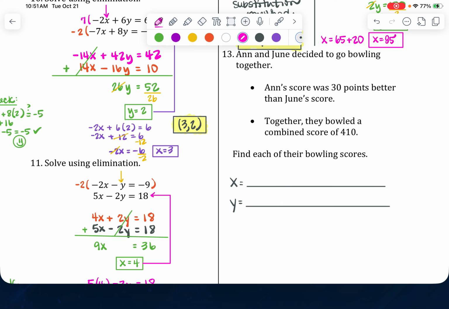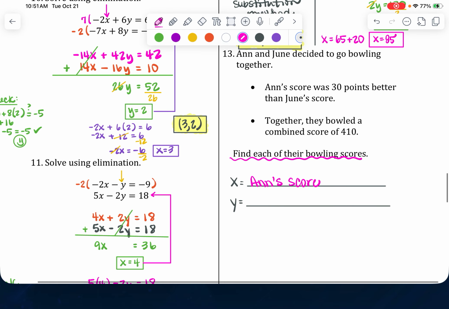And I know that comes from the question, or the statement in this case, right? They want me to find bowling scores. Okay, so I'm just going to say X is Anne's bowling score and Y is June's score. Again, these are not dependent on each other, so X and Y, it doesn't matter which one